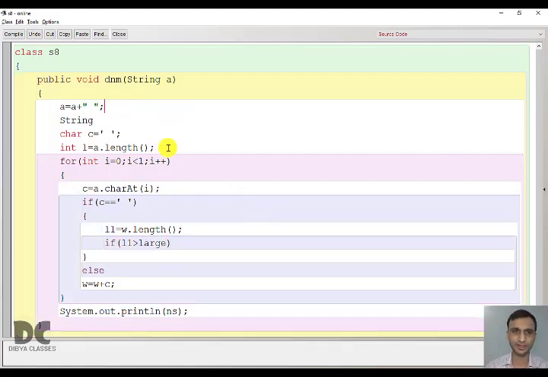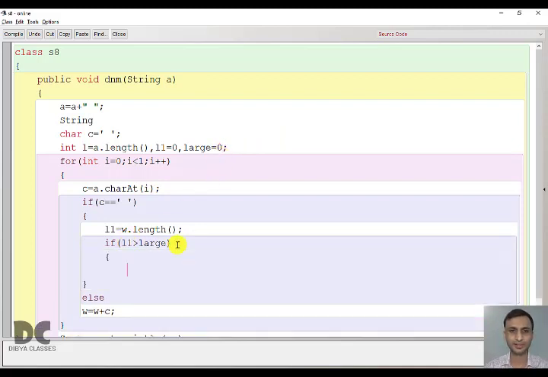So we'll take a variable here, L1 to find the length of the word, and large to store the largest length. In the starting we don't know which is the largest word, so for us it is 0. If it is true, we need to also store the word. Let us take a variable lar, where we need to store the word.